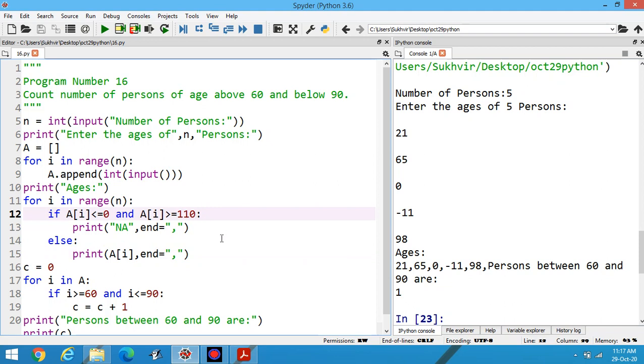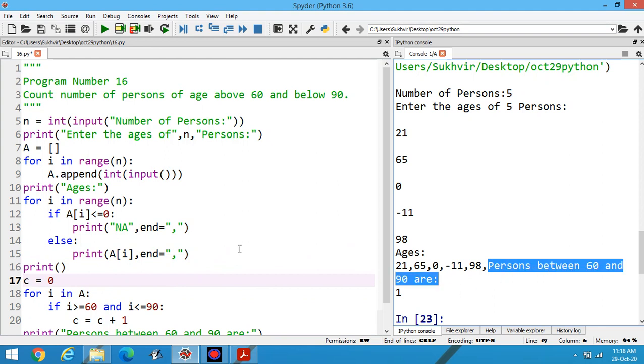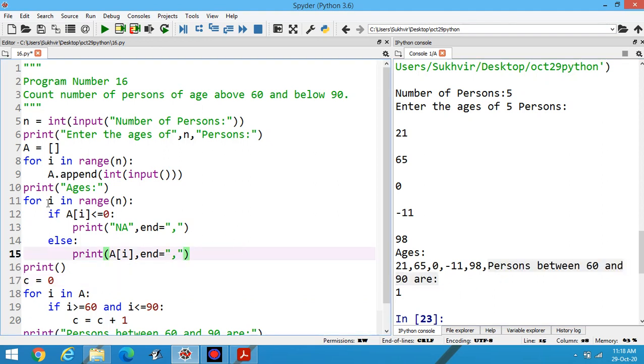Suppose I am writing only this one, and one more thing is required here. You have to write print so that I can print the data in the next line. This one is in the same line. If i in range n, a[i] less than equal to 0, not applicable, and otherwise printing of a[i] is there.